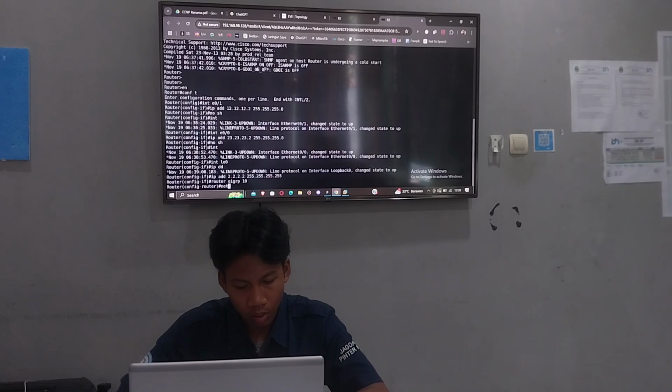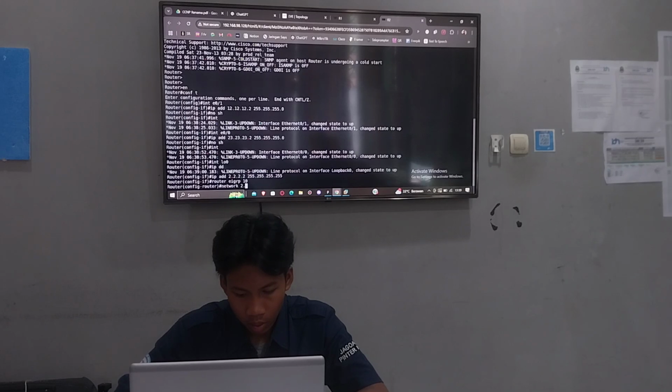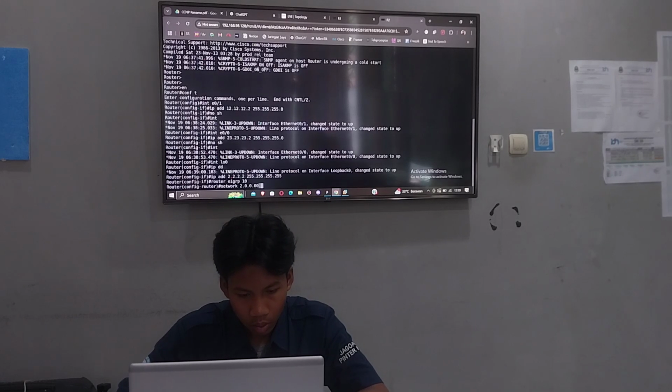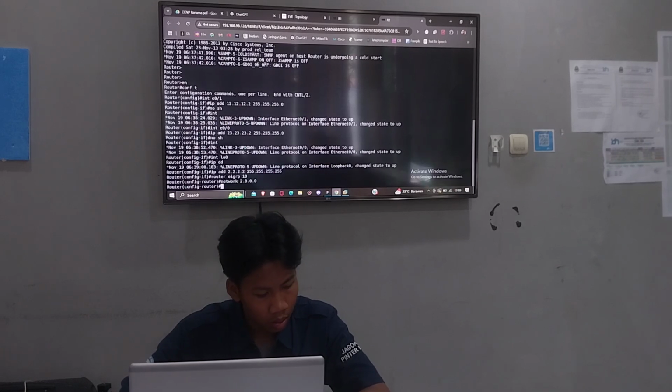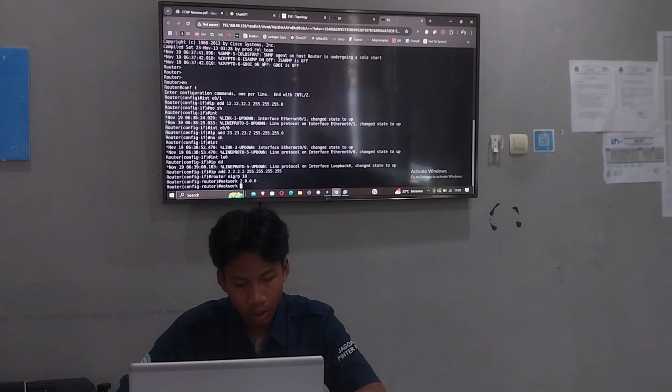network, and then add the network again. For network is 12.2.